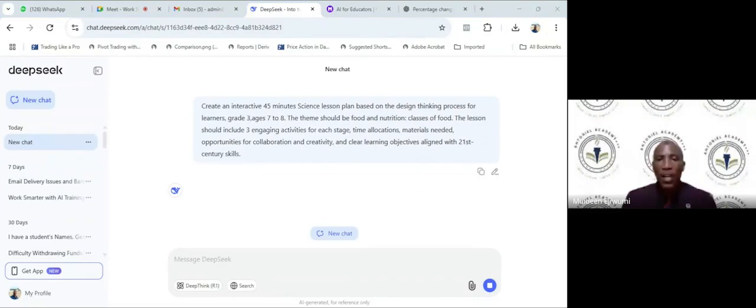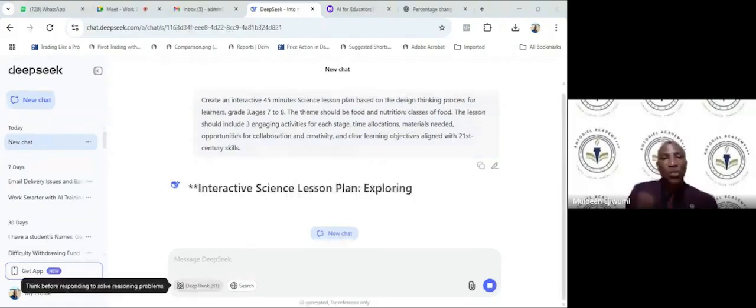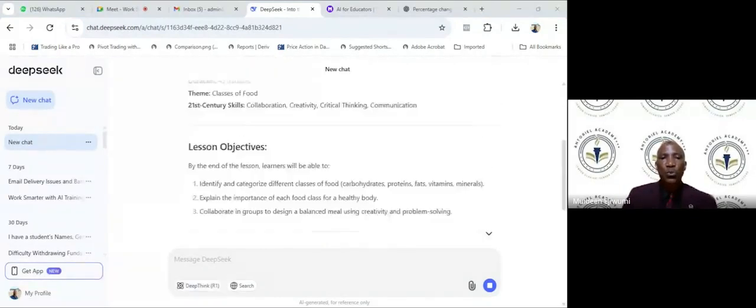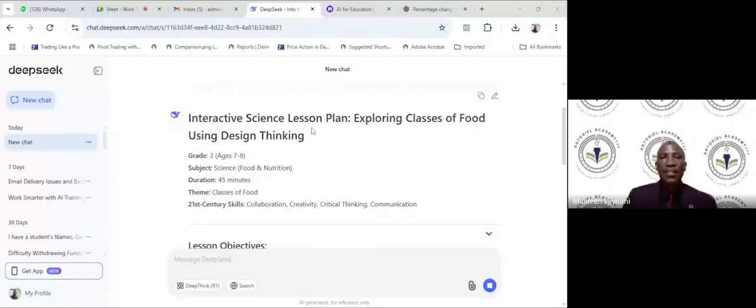If you like, when you click on DeepThink, the way it arrives at a particular answer is going to tell you the way it thinks and everything. You are going to see it as part of your output. You can see the interactive science lesson plan, exploring classes of food using design thinking.